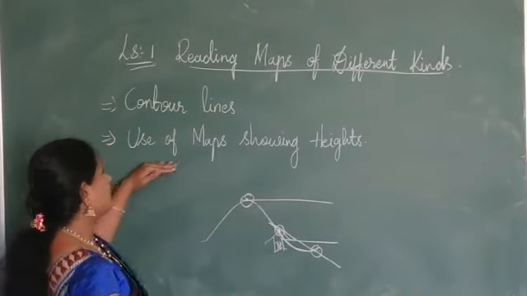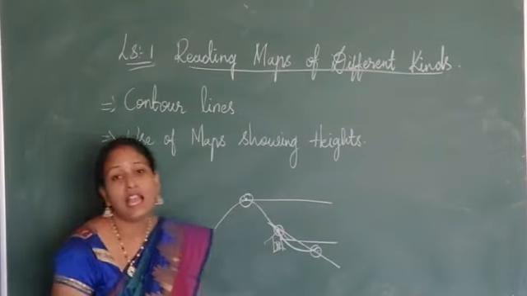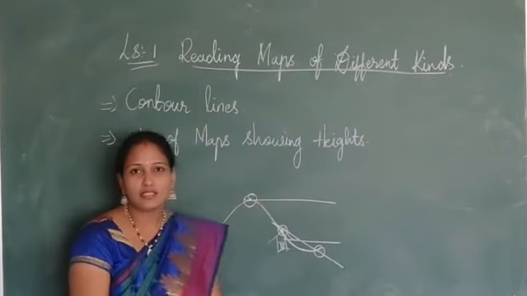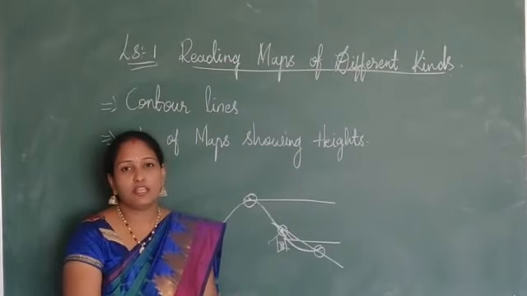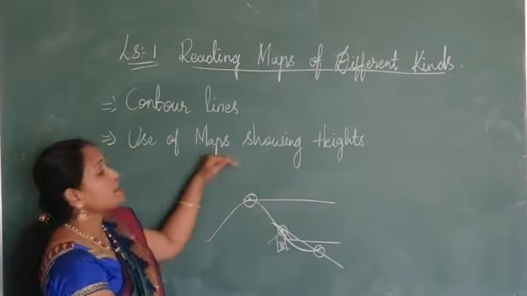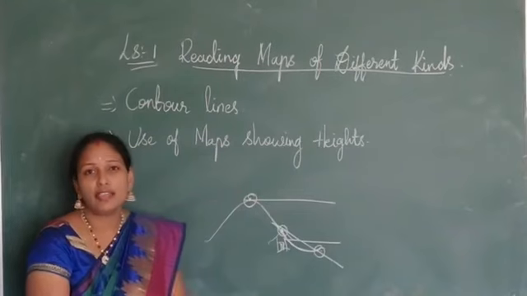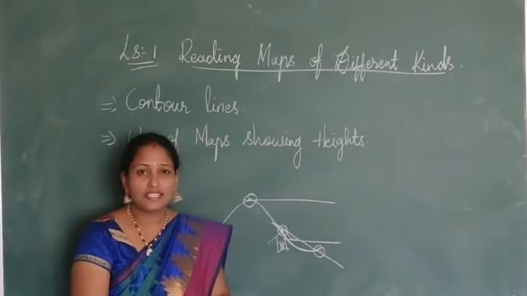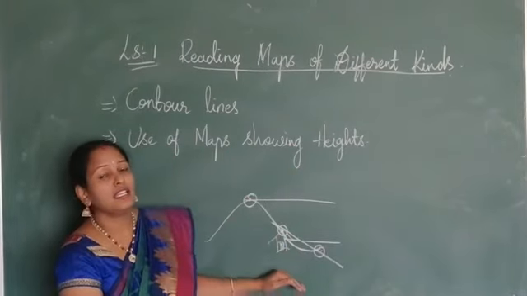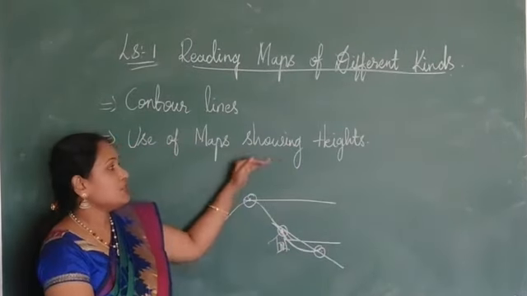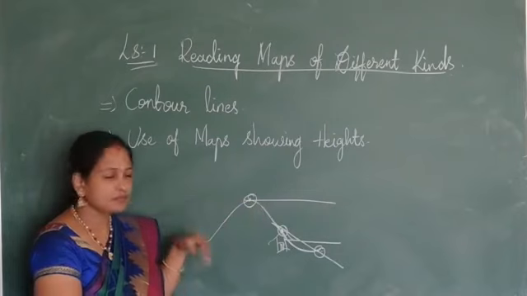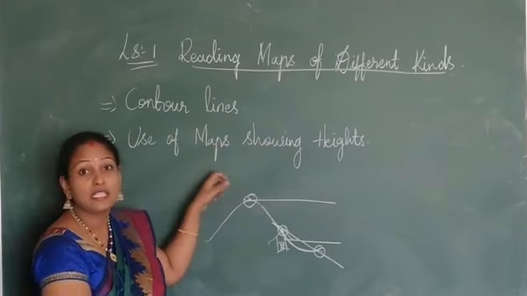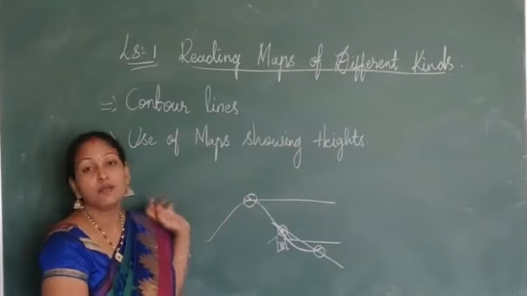And next you learn the use of maps showing heights. Do you think the use of maps showing heights is important? I think it is very important because maps showing heights depend on the terrain region. Right? The area which we are living in is not a mountain. Right, children? But there are some areas in our India and worldwide which show different heights. Got it? So the use of maps showing heights helps in locating the exact point.